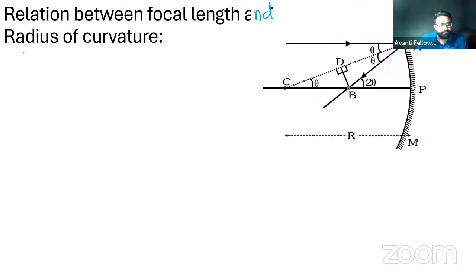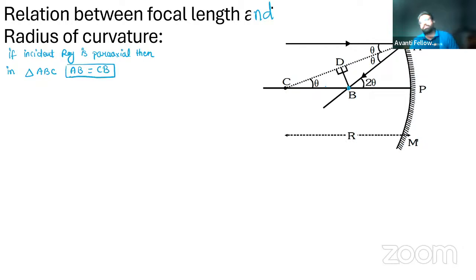Now here we have a triangle. In the triangle, the condition here is that if the incident ray is paraxial, then in triangle ABC, AB would be equal to BC or CB. This is the condition: AB और BC सेम होंगे।